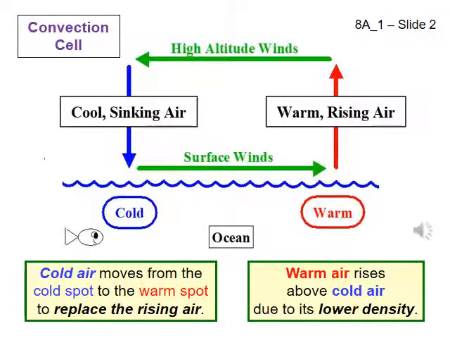Slide 2. Convection cells. The major winds that blow over the surface of the ocean are one part of a phenomenon called a convection cell. A convection cell is a fluid like air or water circulating due to differences in density. Sunlight travels through the atmosphere, warming the surface of the earth, both the land and the ocean. Some places become warmer than others, though. The air above warmer places is warmed by the earth below them, while the air above cooler places is cooled by the earth below them, and this imbalance in temperature is what sets the air in motion.